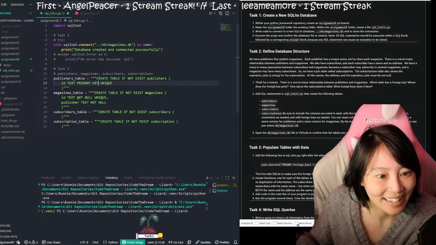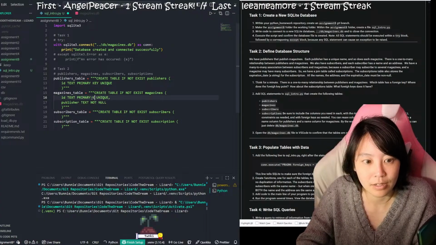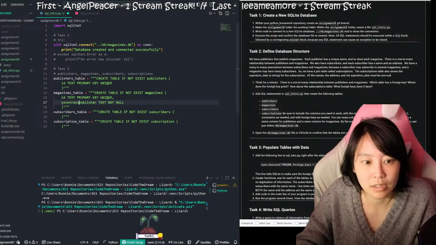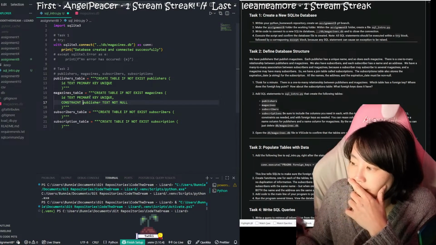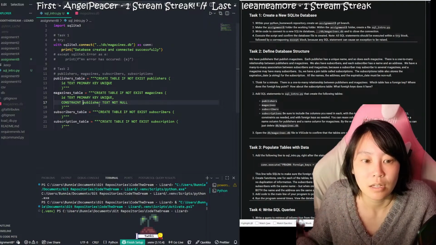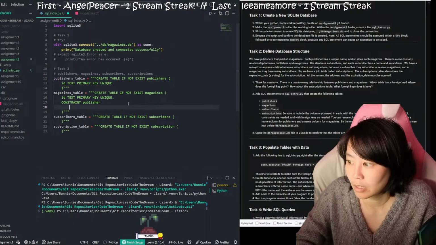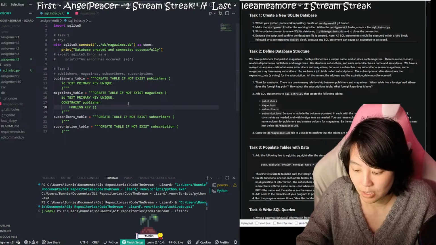And then this is also a primary key. And then this is a constraint: publisher, where the foreign key is the